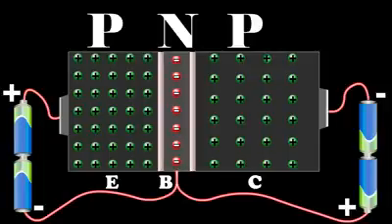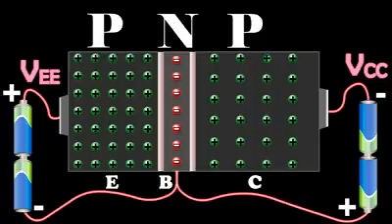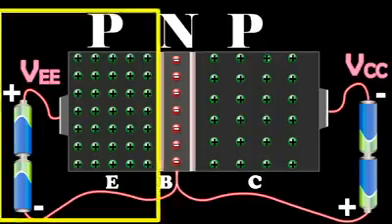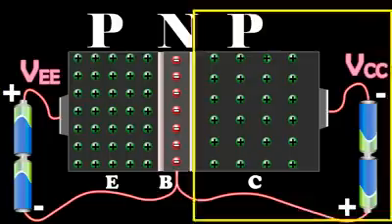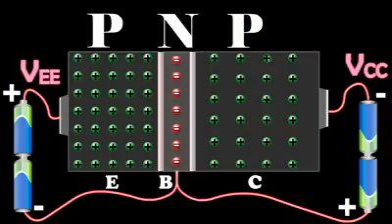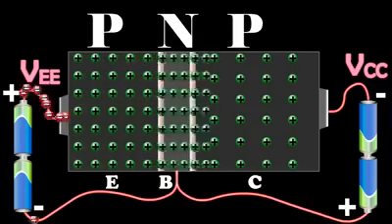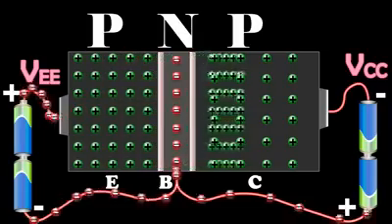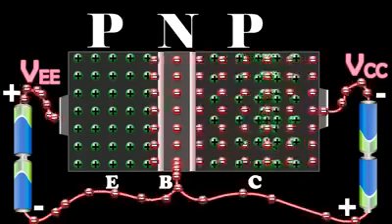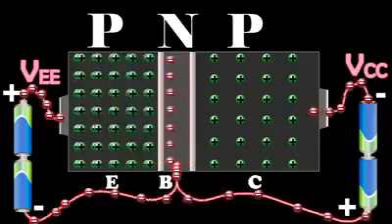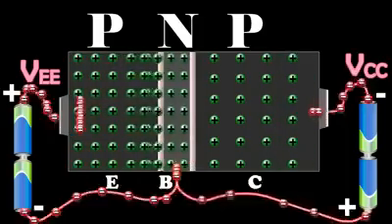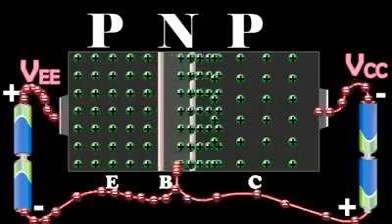The external biasing of the junction is provided by the batteries VEE and VCC as shown in the diagram. The emitter base junction is forward biased and the collector base junction is reverse biased. Since the emitter base junction is forward biased, a large number of holes cross the junction and enter the base. At the same time, very few electrons flow from the base to the emitter. These electrons, when they reach the emitter, recombine with an equal number of holes in the emitter.